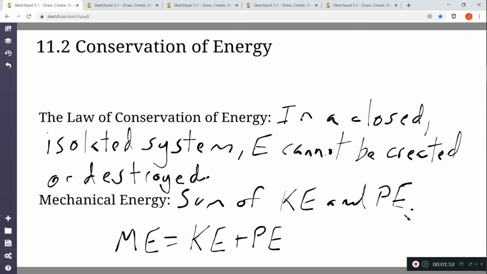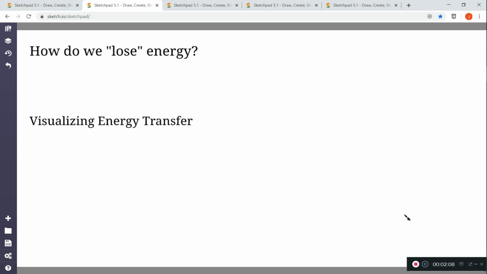Furthermore, to go along with the idea of the conservation of energy, the general formula is that the energy in the initial setup is equal to the energy in the final setup. So real quick, let's talk about how we lose energy. In a closed, isolated system, you shouldn't lose energy if we've properly established what our system is. But in reality, we lose energy because no system that we work with in a practical sense is usually perfectly closed. So oftentimes kinetic energy is lost through friction